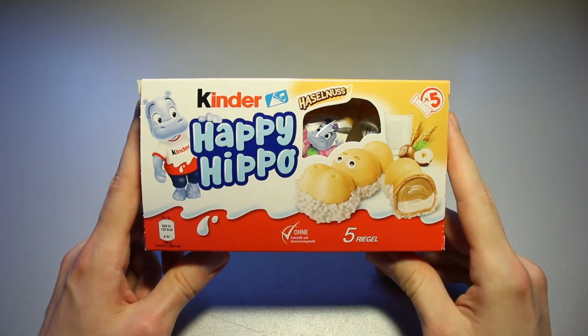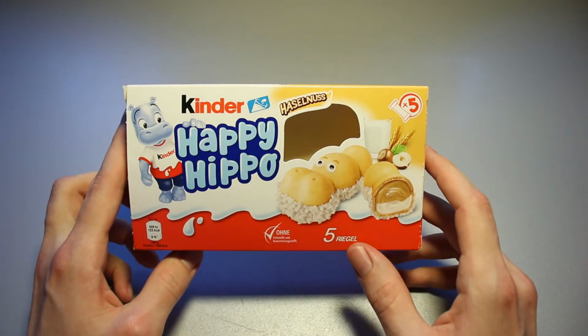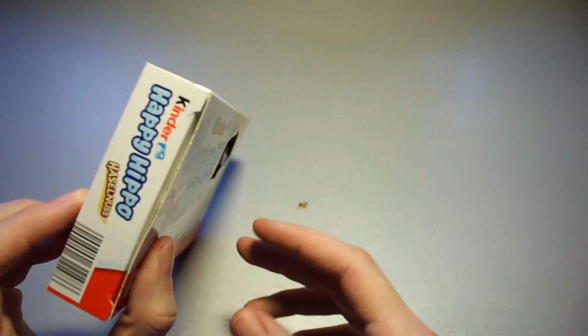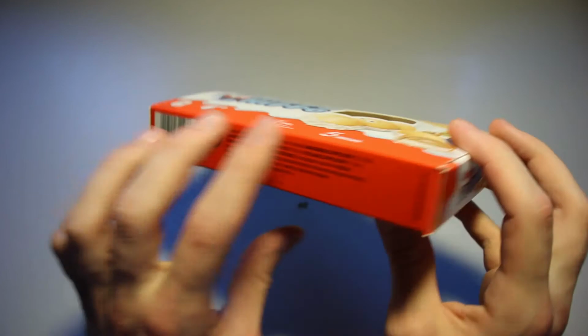This is Ice Cream Gecko, and today we're going to take a look at the Kinder Happy Hippo snack. It looks like I'm not the first one to get to this particular box, as we do not have those 5 bars in there that they are supposed to be in there. But yeah, I got around to it at some point in time, and therefore we can do this particular review